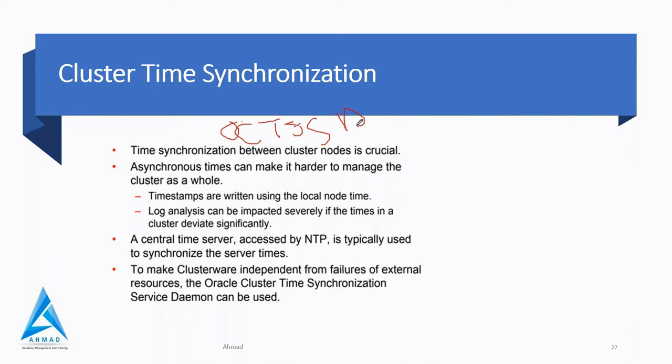The Oracle CTSS daemon is always installed and it will always be running, but configured according to the configuration found on the system. So remember, the CTSS daemon will do this. As I said, if NTP is installed on the system, which is an OS facility, CTSS will come up in observer mode and will not synchronize the time. If NTP is not present on your server, then CTSS will be activated in active mode and synchronize the time in the cluster, using one server as the reference server. Clear, guys?